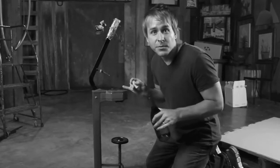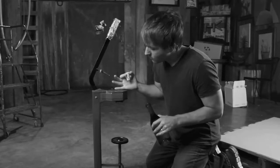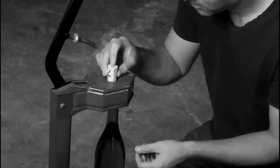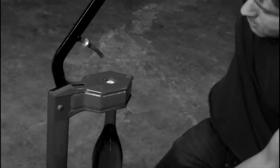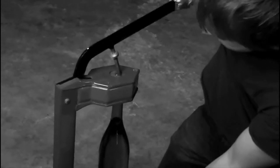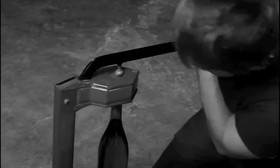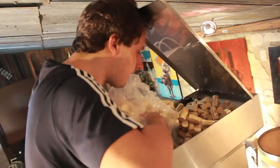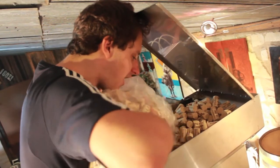But I did find this nifty device that a friend of mine loaned me. I wanted to try this. This is a relatively older model wine corker. So we're gonna give this a whirl and see if this works. It worked! I found out shortly thereafter that technology has leapt forward yet again since the inception of the hand